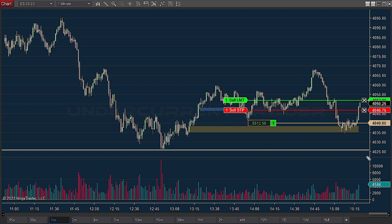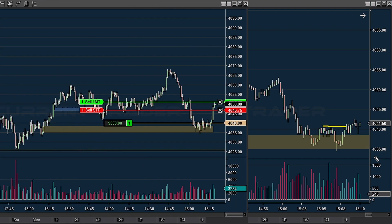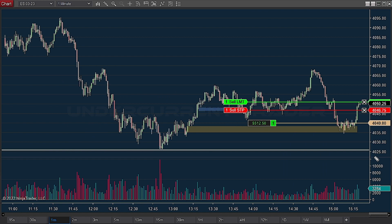The market's break of structure occurred right around my entry point, as you can see more clearly in this 50 seconds time frame. And by the way, guys, if you want to learn more about order blocks, check out this